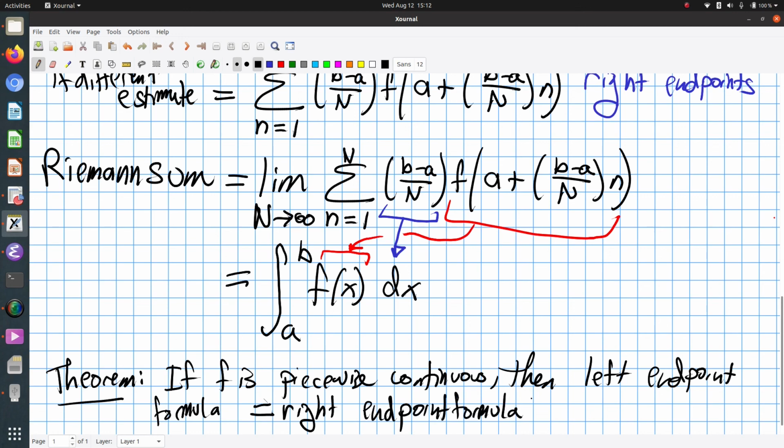Now, that's not true as I've written it, but it is true as n goes to infinity. So if I take the limits as I've written there, then it doesn't matter if you use the left or right endpoints. If you're only using finitely many points, you got to watch out. You'll have some